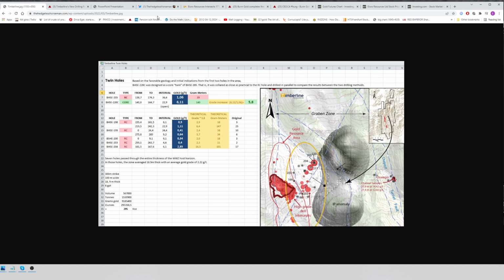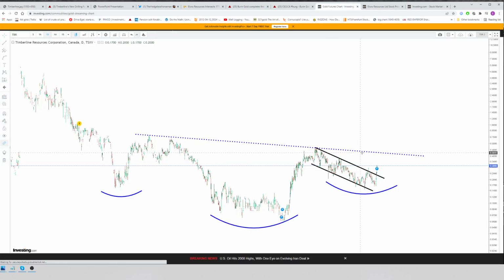else here might be better than previously thought. Because I liked Timberline a lot for quite a long time. I've been invested for, I don't know, maybe a year, and I think it was already cheap, but it had, let's say, spotty hits, some highlight holes, etc., and you knew they were going to have to find more for it to actually be worthy of, let's say, a standalone development at least. But I think this completely changed the case,